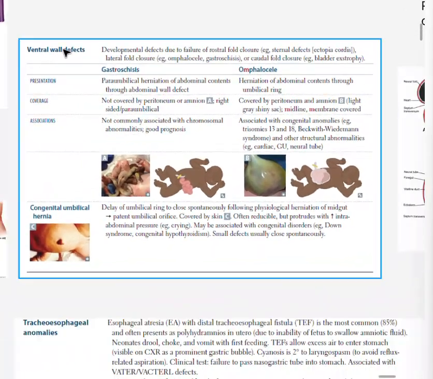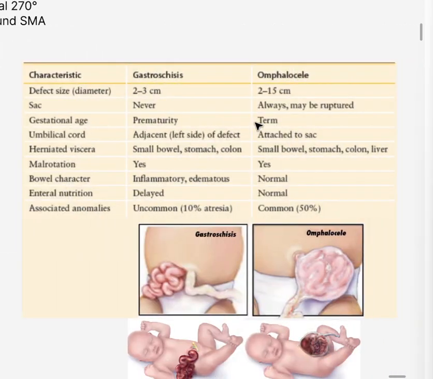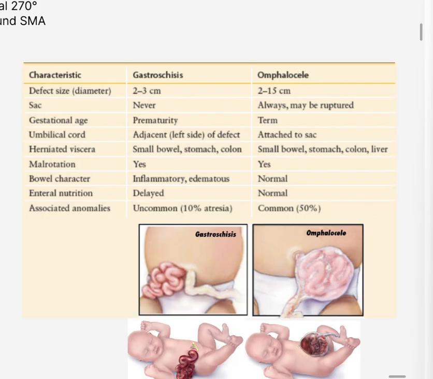We are going to look at the ventral wall defects. Now, there are two important defects that we need to look at. One is called gastroschisis and one is called omphalocele. What happens is in